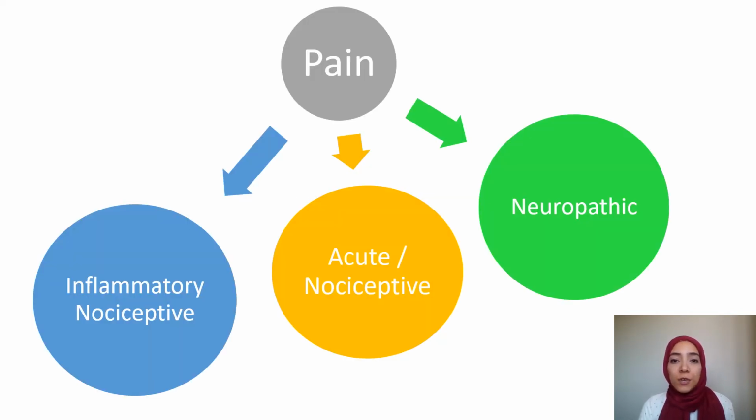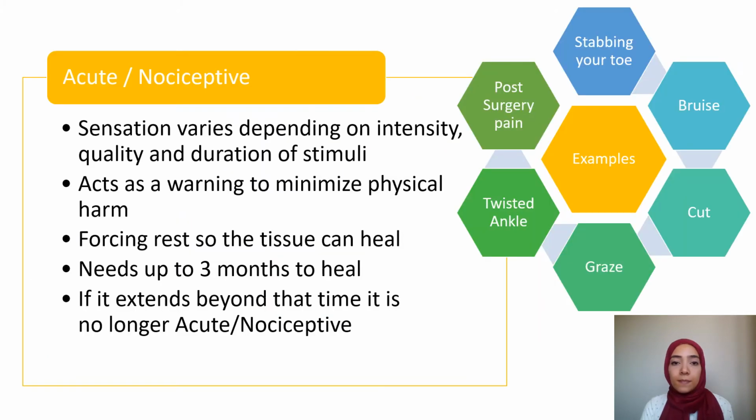Today in this video, I'd like to talk more about chronic pain. We mentioned in the previous video that there were two types of pain, acute and chronic. Acute pain is the kind that goes away once we're no longer ill or the injury heals. It's also called nociceptive pain. Chronic pain is the kind that lasts long after we've healed and can either be inflammatory nociceptive or neuropathic. Let's look closer at each of these types and understand the differences between them.